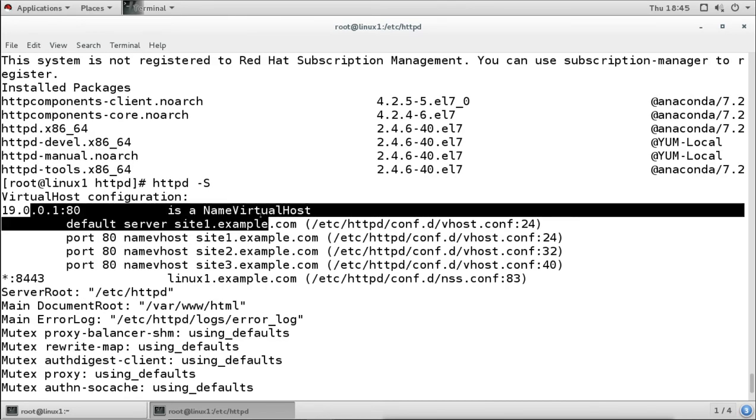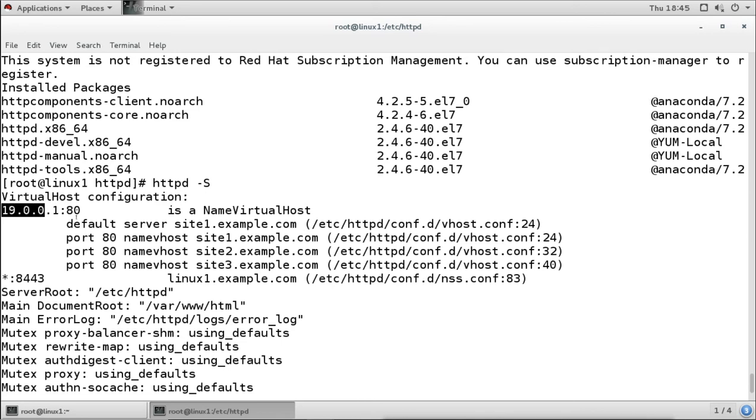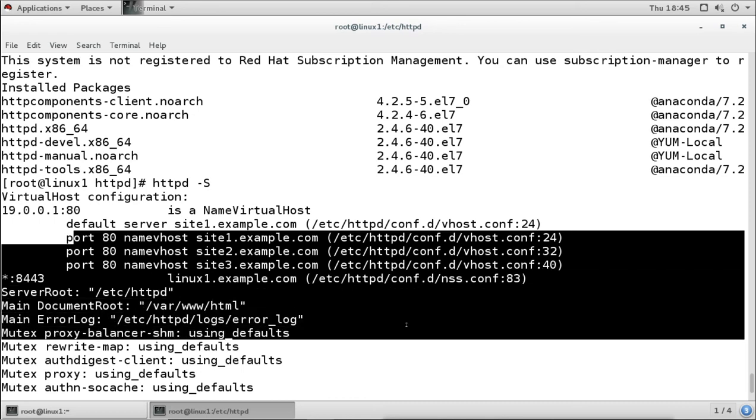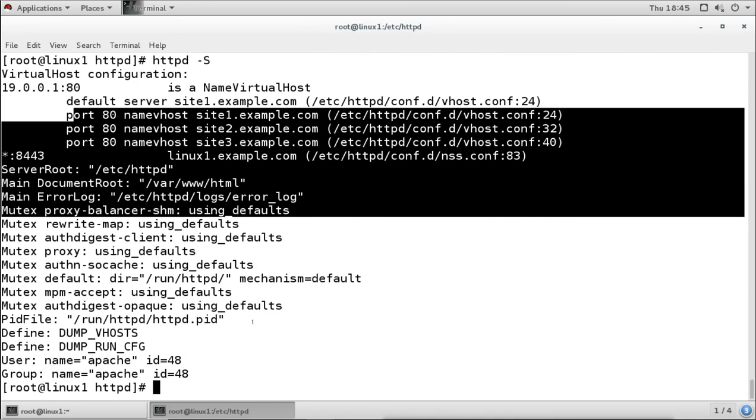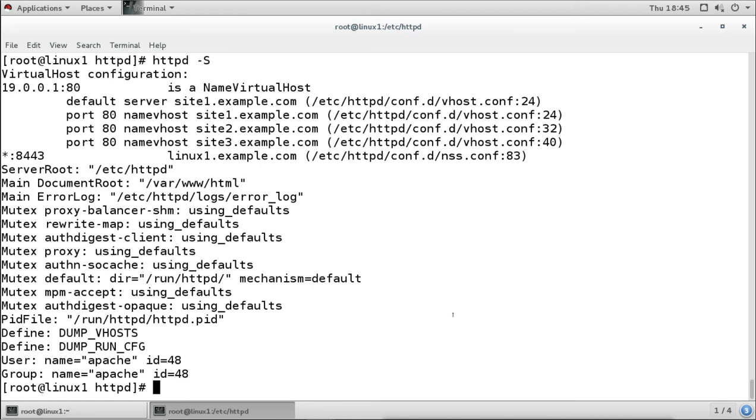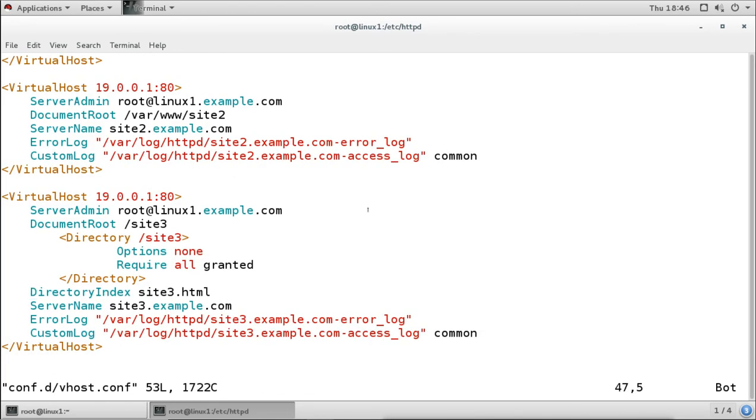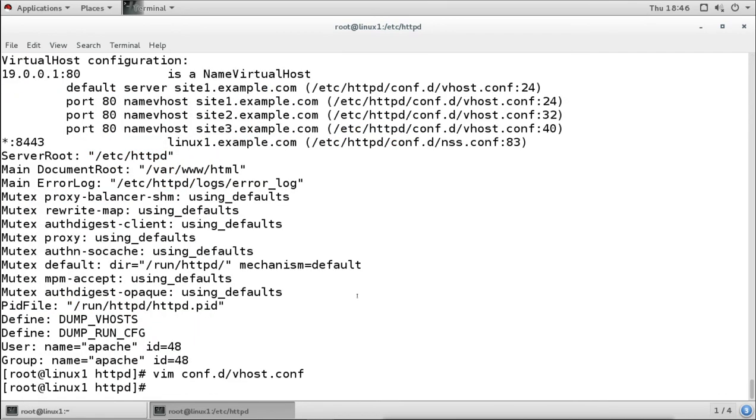For this IP address we have configured the default site. All these name-based sites we can see, with all the configuration modules. So this is how we can configure virtual hosting, that means multiple sites with the same IP. If you have different IP addresses, then for different IP addresses you just have to give the different IP addresses here. But we are using the same IP address, that means we are creating name-based sites. So this is our Apache HTTPD server.